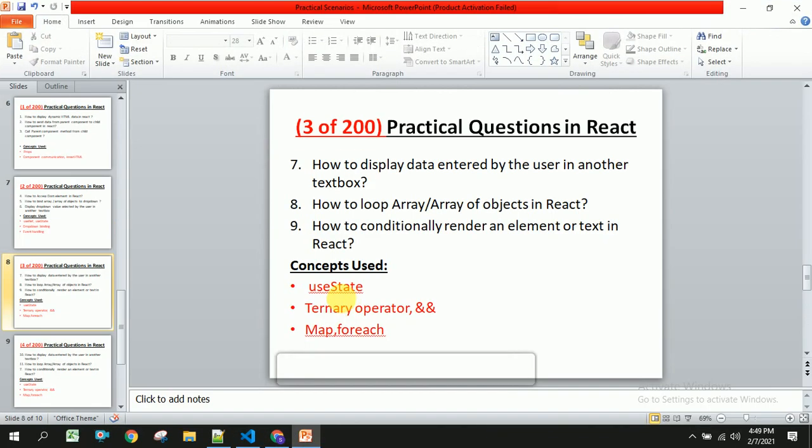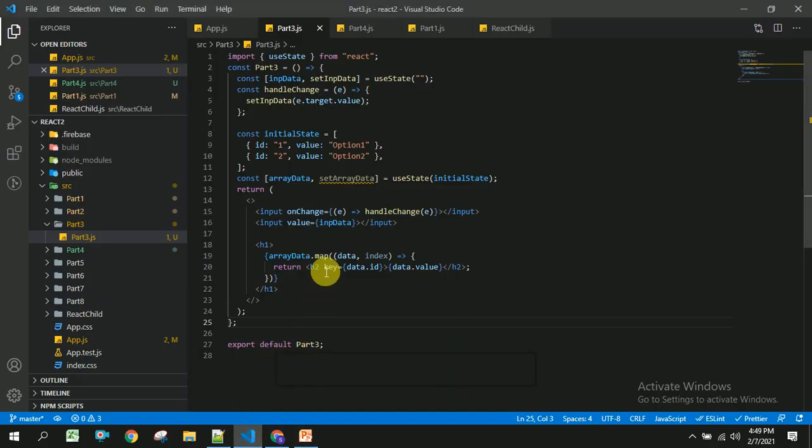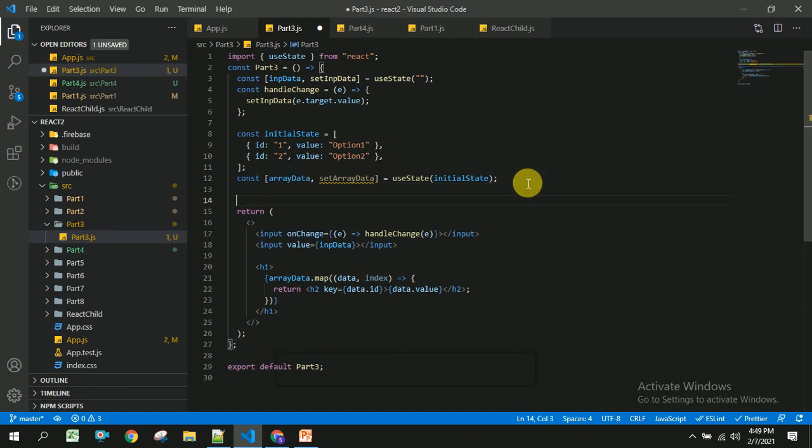And the third one is how to conditionally render an element or text in React. So for this I am going to create a conditional based variable called condition and set condition.